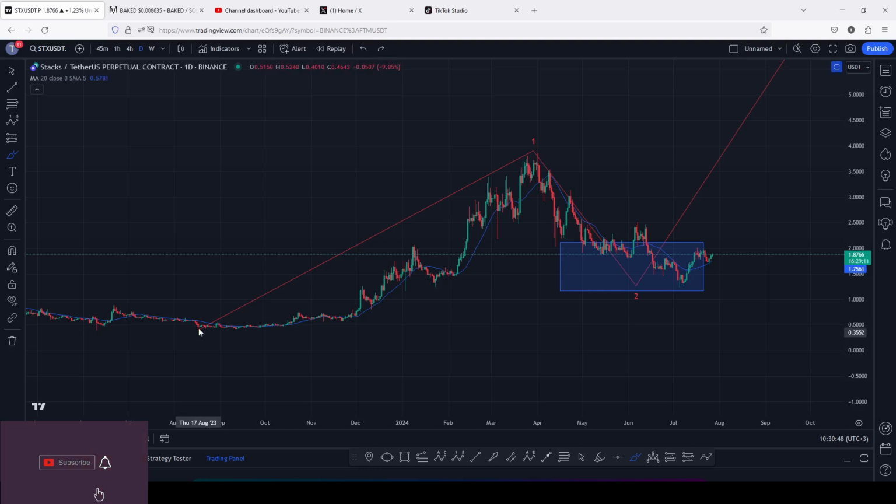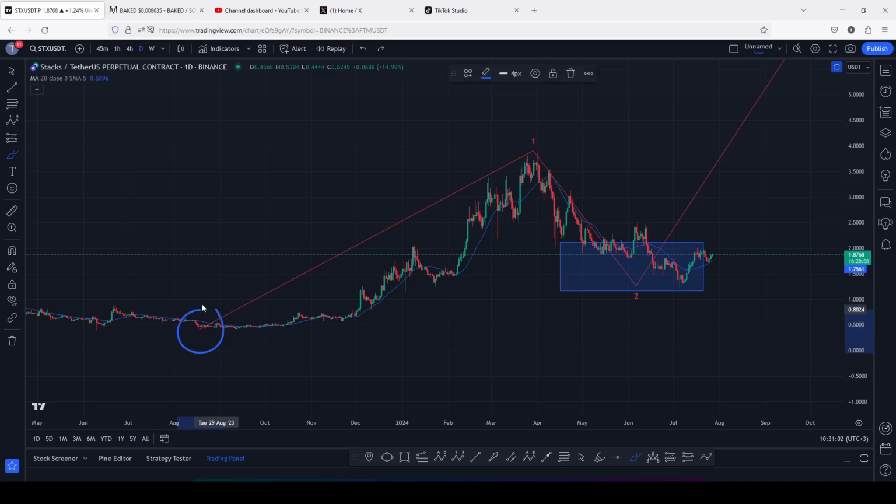Starting the video here on the daily chart by first giving you a recap of this Elliot structure that I have here on the charts, which I have been tracking since last year in August, where you can see that we saw these significant lows before we started a very aggressive bounce to the upside in a move that gave us a high above the $3.8, in a move that I'm terming as an Elliot wave count 1 to the upside. And after we peaked in that Elliot wave count 1, we started a corrective structure in an Elliot